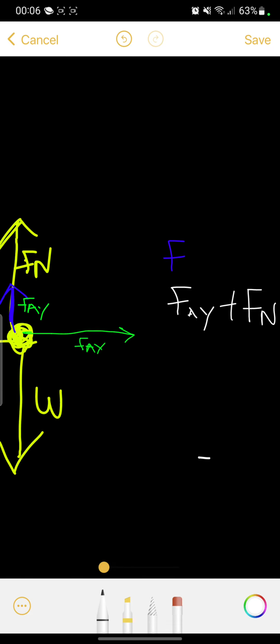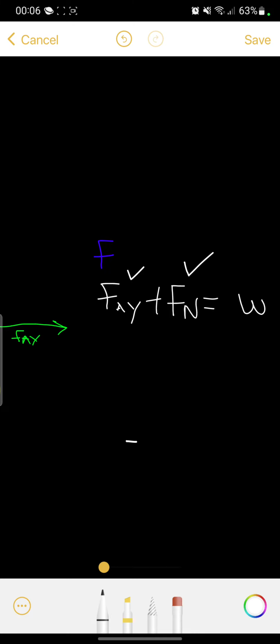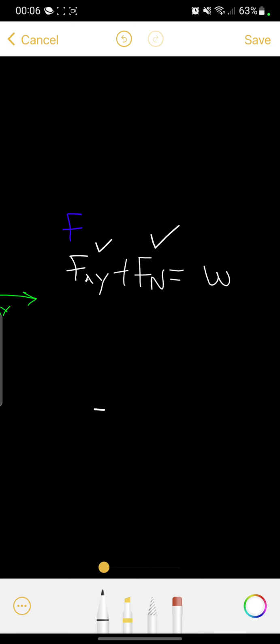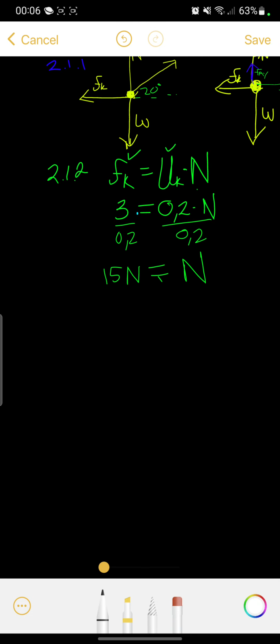So let's continue here. Our Fay is what we're looking for. Our frictional force and our normal force, we have them. We've calculated it in the previous question, and our weight, we can calculate it. So let us add that to the steps of what we're doing. So let's start by calculating